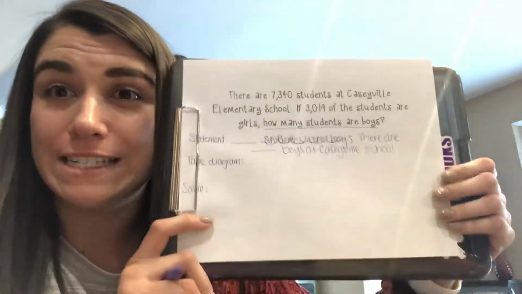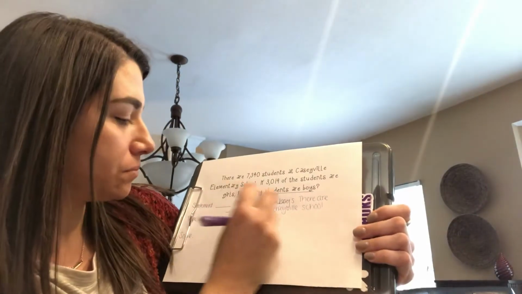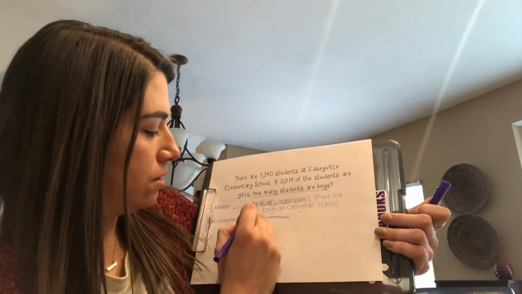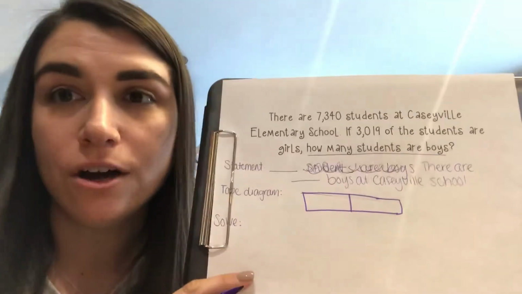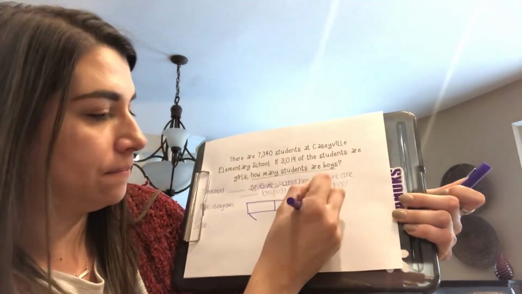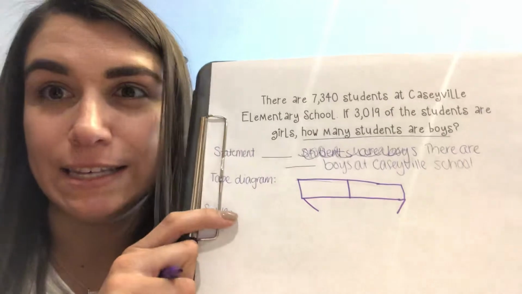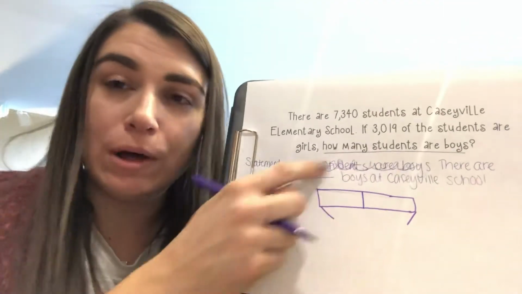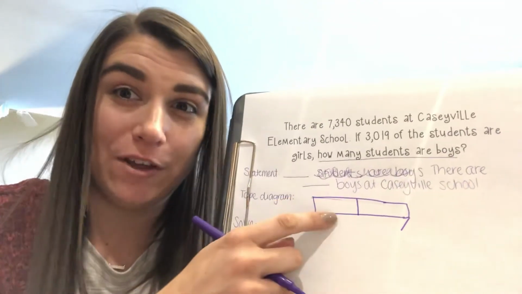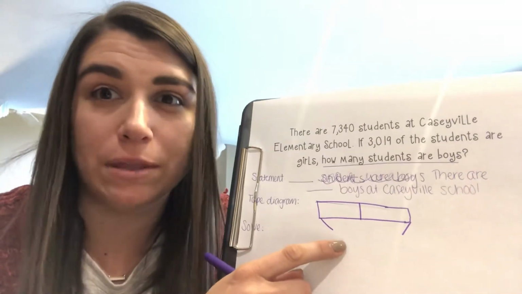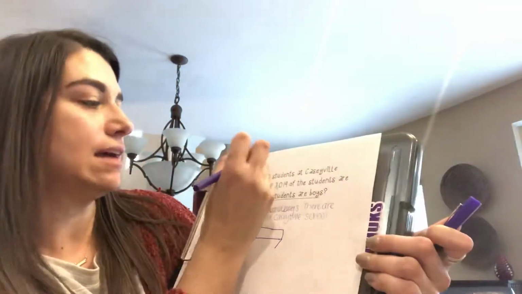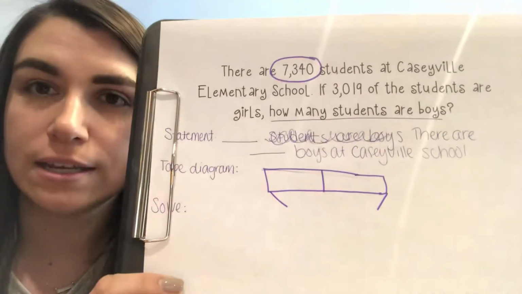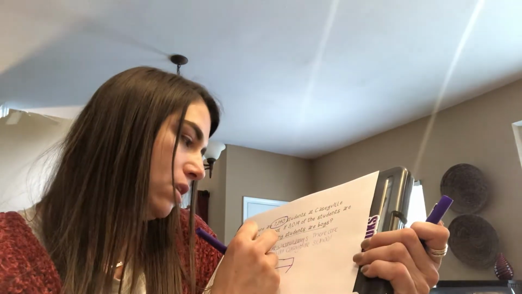So now I need to draw a tape diagram. So I'm gonna draw my two boxes, and of course my pen is not working. So I'm gonna draw my two boxes for my tape diagram. So I know that I'm gonna also need the total at the bottom. So these two boxes, they are representing the total amount of students, both of the boxes together. So that means that my total of students is gonna go at the bottom. And I know that number because they told us at the top, there are 7,340 students at Caseyville. So that number is gonna go in my total spot,